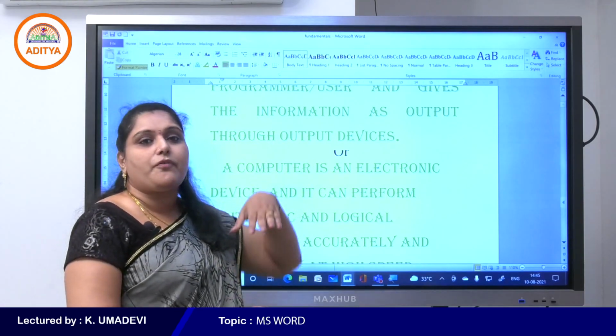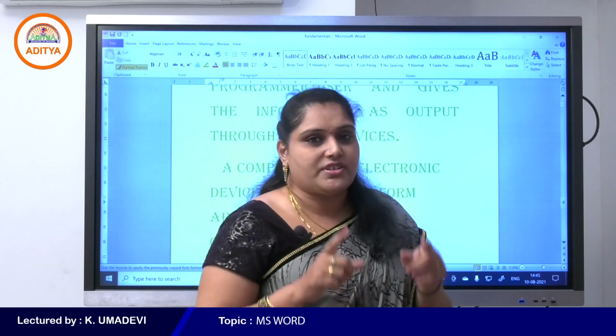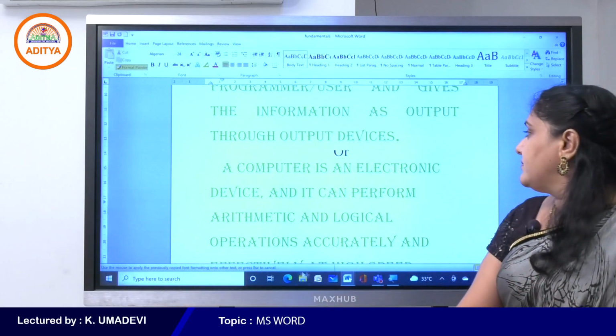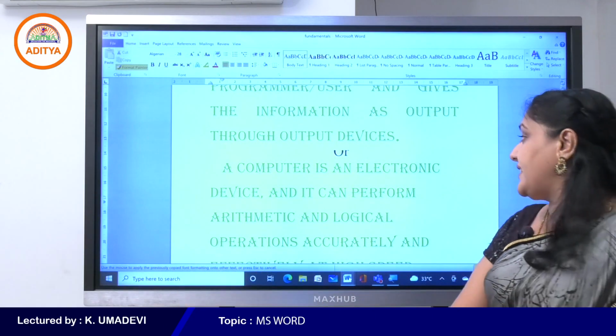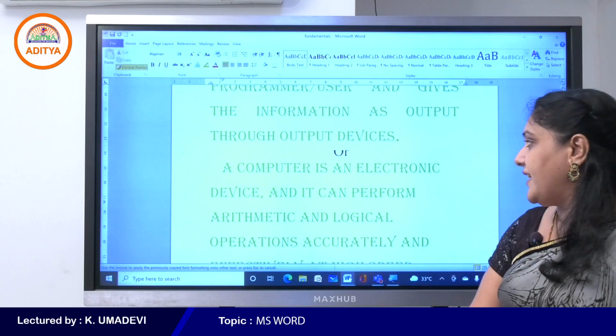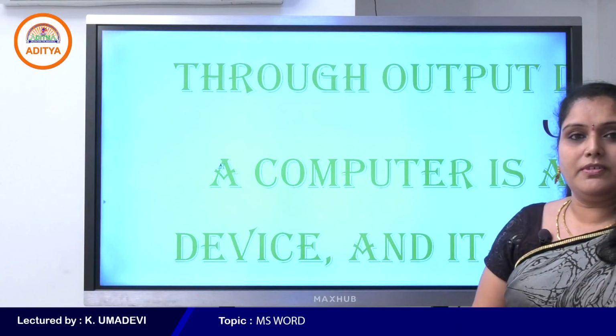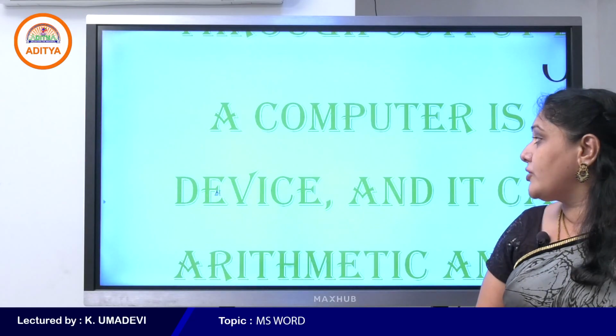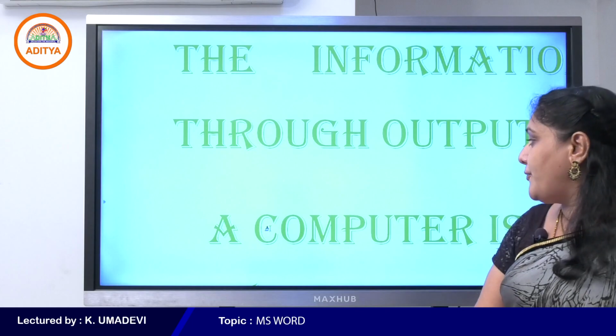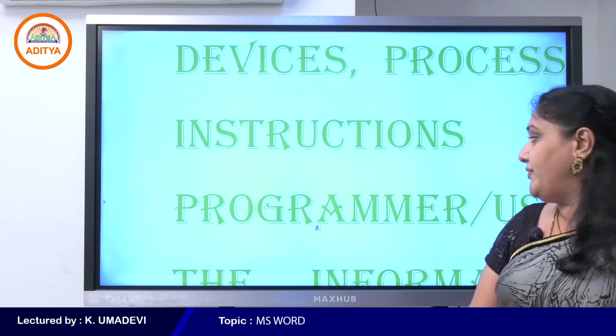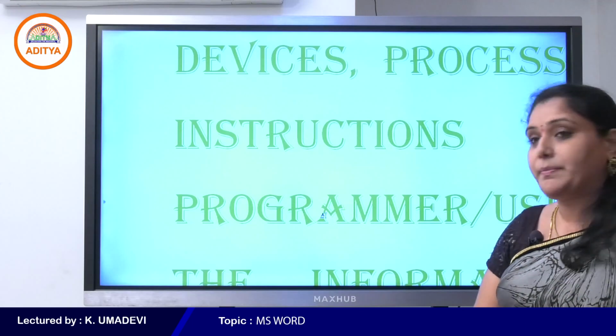So what is the process of Format Painter, students? First select the text. See, again Format Painter is visible now. Format Painter is not only used to apply the formatting to the entire line, we can also apply it to particular words.